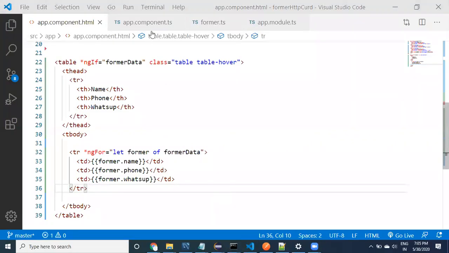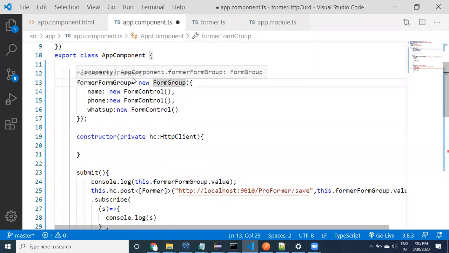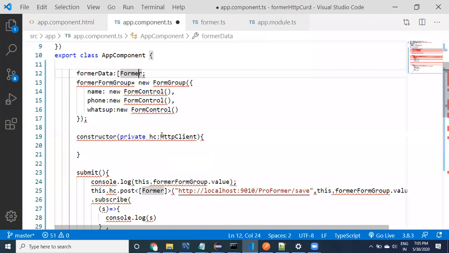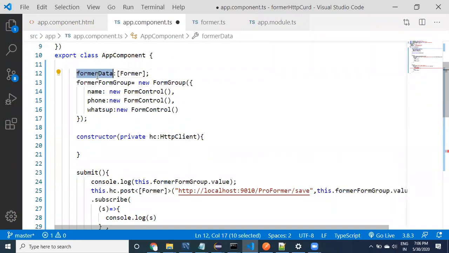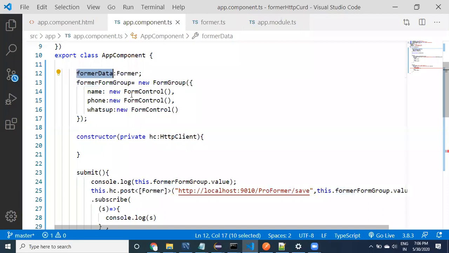The type, how you are mentioning it here: see here guys, if I provide it like this, if I say farmer data, then how is it going to work? This type is simply only one farmer object. But I have provided an array, meaning that this is going to store an array of farmers. Now if I provide simply only farmer, this data type is a farmer object, not an array of farmer, just one farmer object.